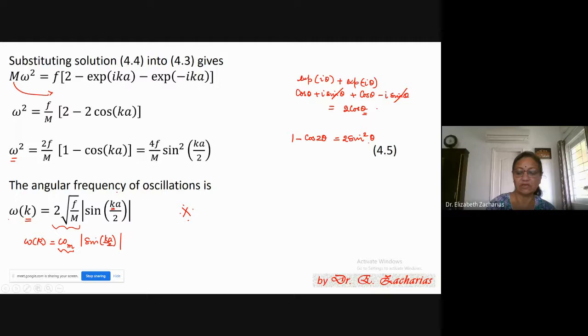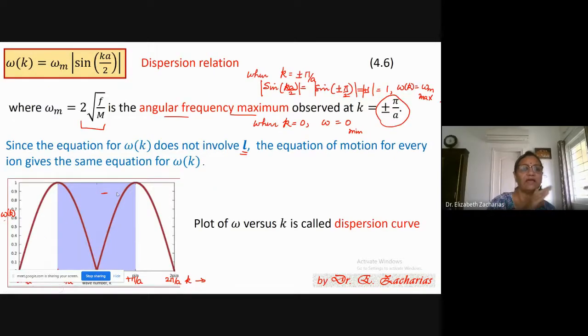And this equation which you are writing relating omega and K is called the dispersion relation. And here we take modulus because omega cannot be negative. Next thing is we try to look at what would be the omega values for two values of K. We find that when K is equal to plus or minus pi by a, then omega is 0. Similarly, we find that when K is equal to 0, then omega is 0. When you plot omega versus K, that is the dispersion relation, this is the graph that you are getting.